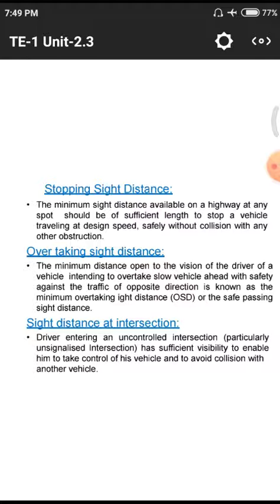That means the intensity of brake we need to apply, if it is a sudden brake, and different kinds of braking systems are there, depending upon the distance between those two vehicles. If the vehicle distance is large, we need to apply our brakes gradually. If the distance is low, we need to apply sudden brakes, so depending upon those lengths we need to apply, and we have to go for a particular span with a design